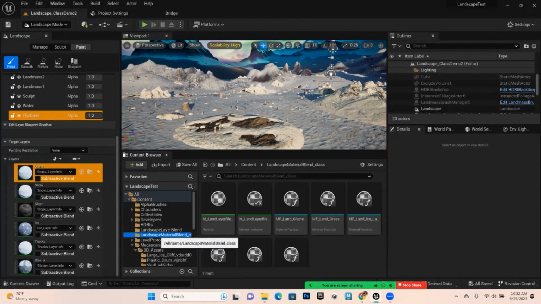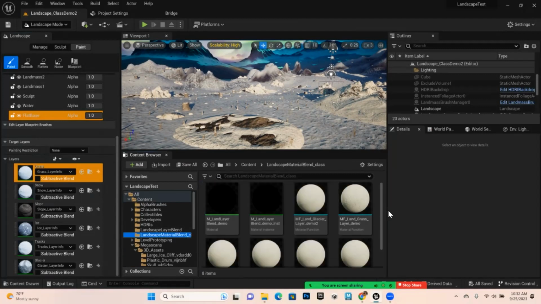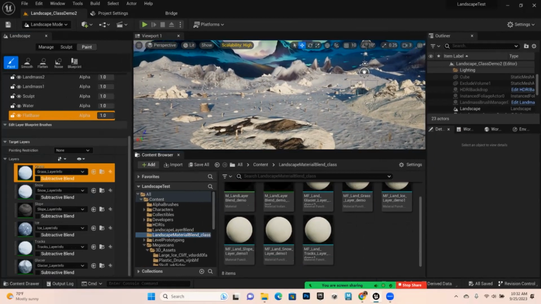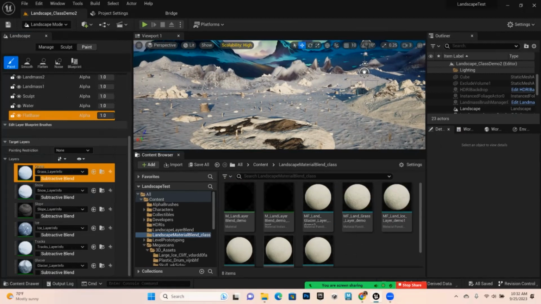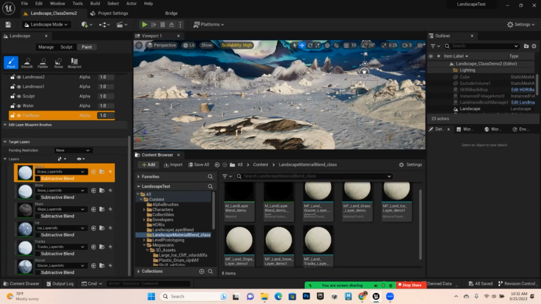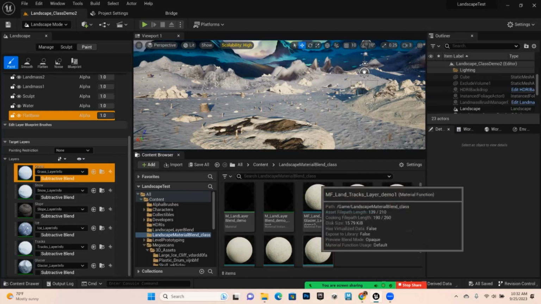So here's the one that we did in class. And in order to add a couple more, I had to duplicate the material functions that I already created